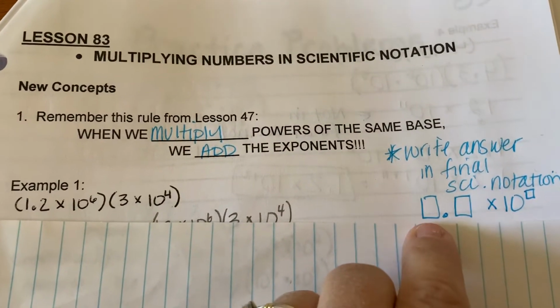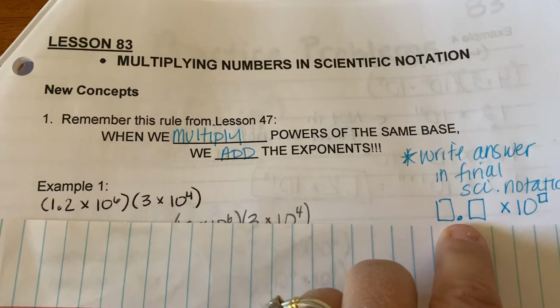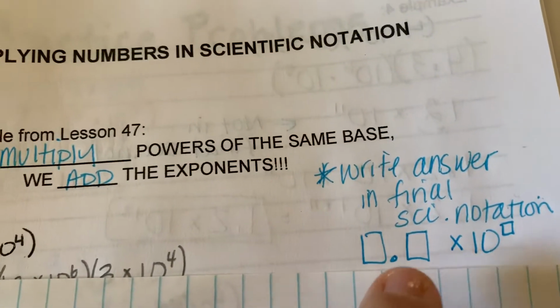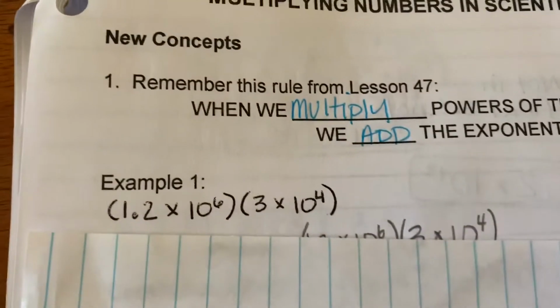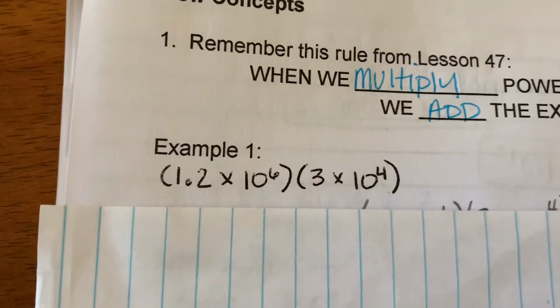Remember, you're always only allowed to have one number to the left of the decimal. Okay, otherwise you have to put it in final scientific notation. So here we go. If we have a problem like this,